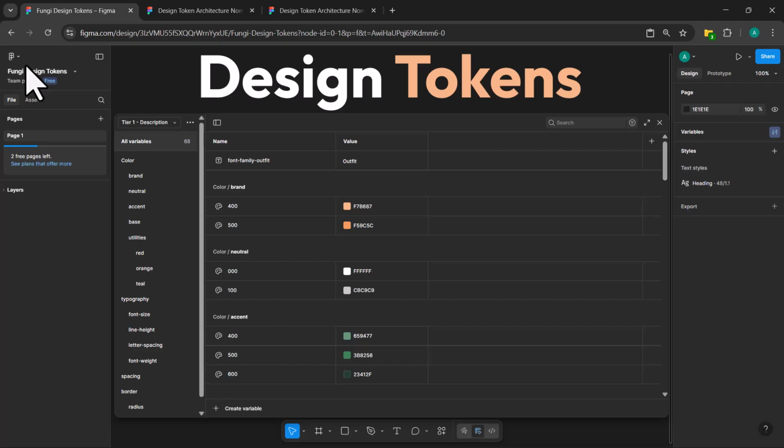CSS variables created inside your page builder are the end of the workflow. They are not the beginning. The professional approach starts with design tokens as your singular source of truth, then generates CSS variables automatically. This creates a bridge between design and development that keeps everyone in sync. Bricks Builder actually gets this right. It's one of the WordPress page builders that natively consumes JSON tokens, meaning you can import your token file directly and Bricks automatically creates the CSS variables for you. This eliminates the manual variable creation step entirely.